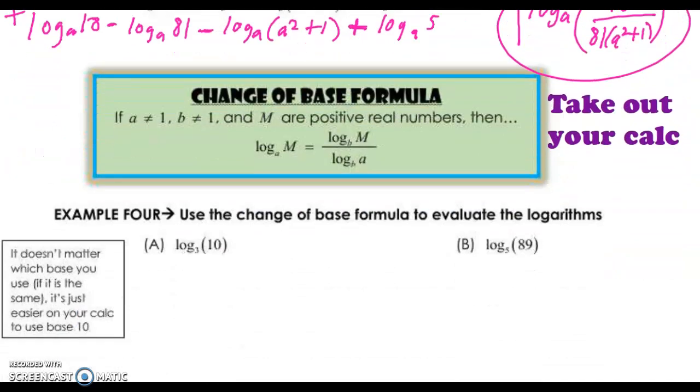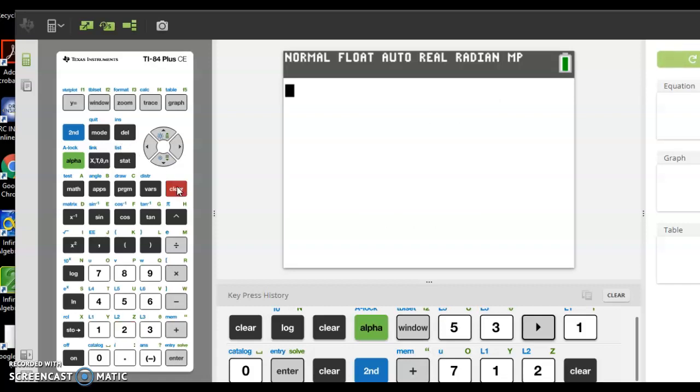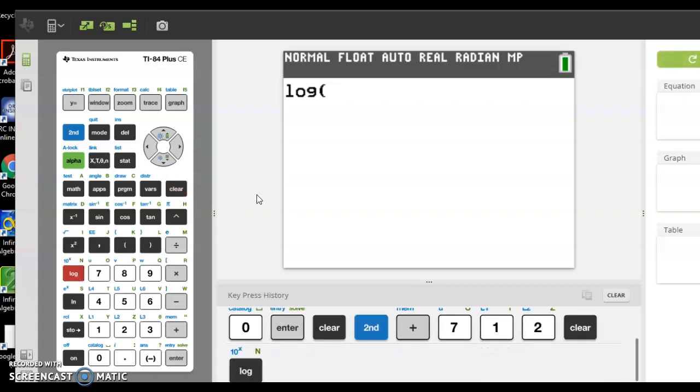And the last thing we really need to do is, and we don't really need this as much anymore because we can just use the change of base. Let me show you how to do both ways. All right, so the calculator can actually do this for you, and I want to show you how to do that first, and then I'm going to show you how to do it by hand, how we used to do this prior to the calculators being able to do this. So if you just click log, the calculator assumes that it's a base